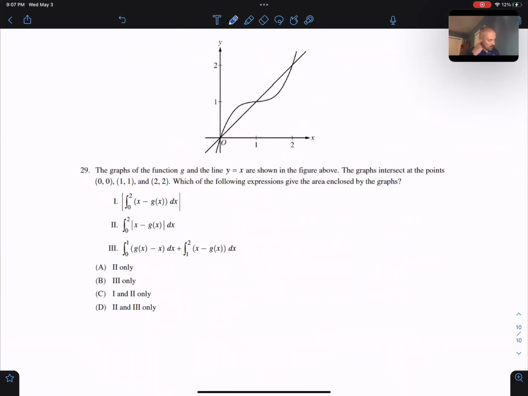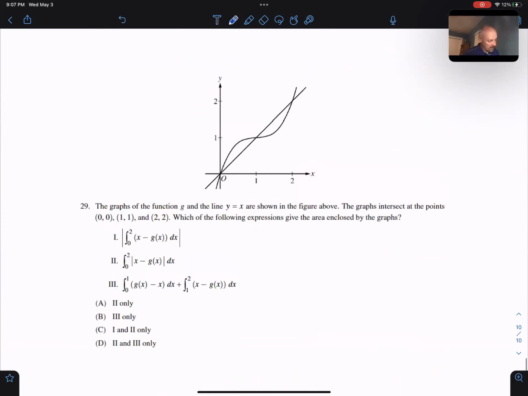All right, 29, the graphs of the function g and the line x. So this is g, and then this is the